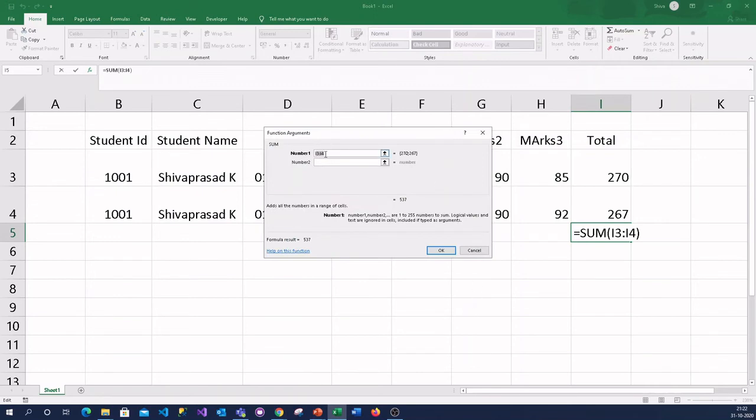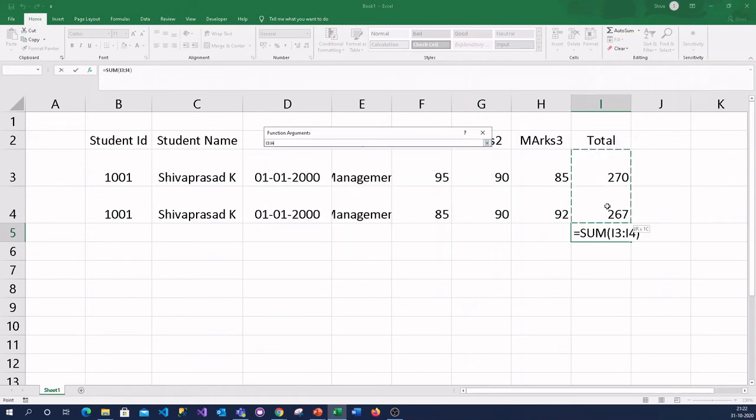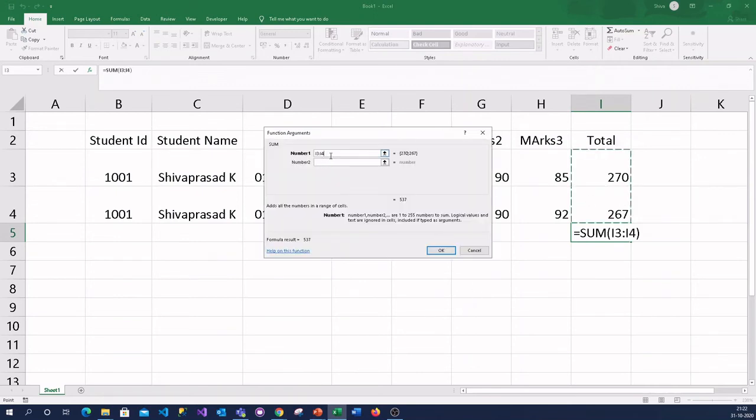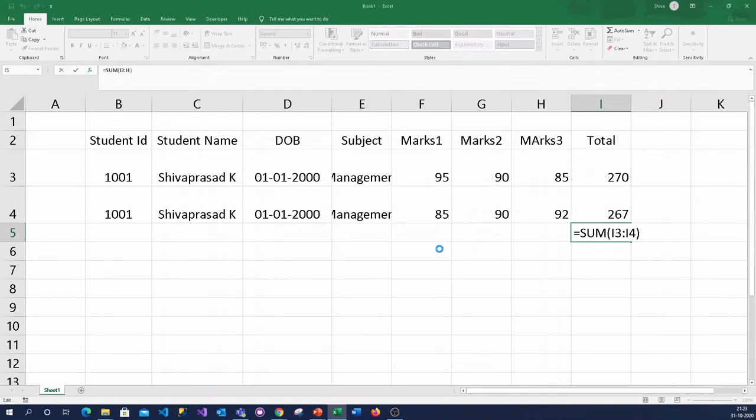Okay, and now you can select the cells. Once cells are selected, click on OK. Now both totals are totaled, grand total has appeared here.